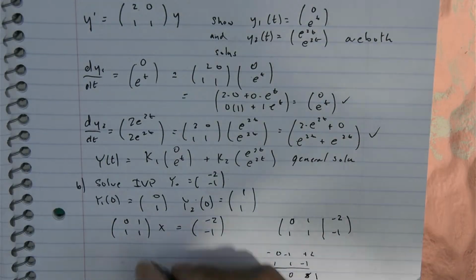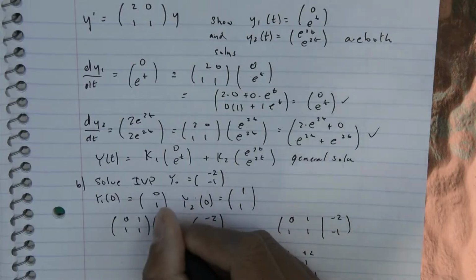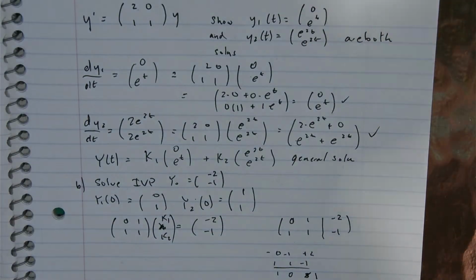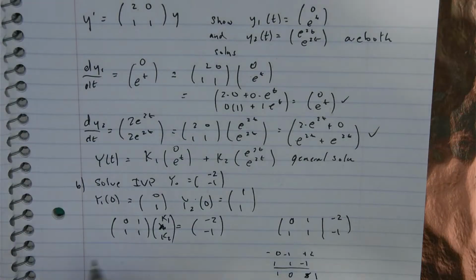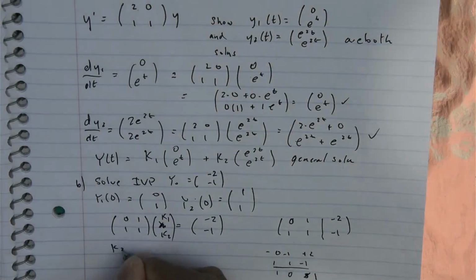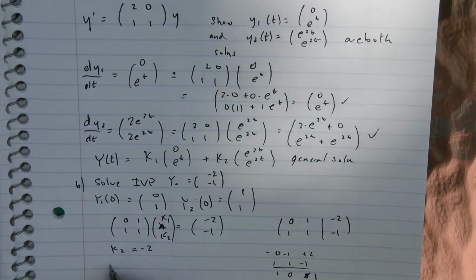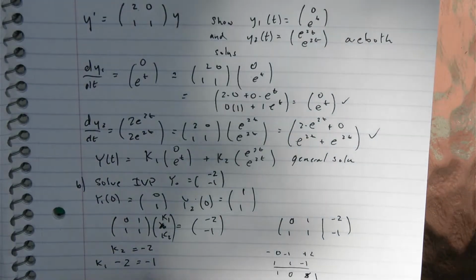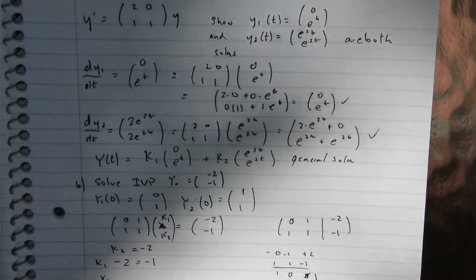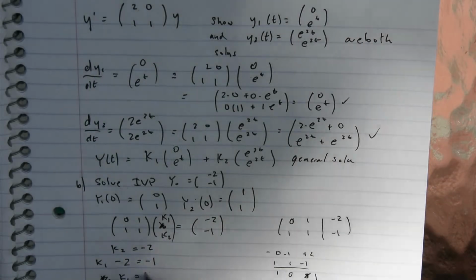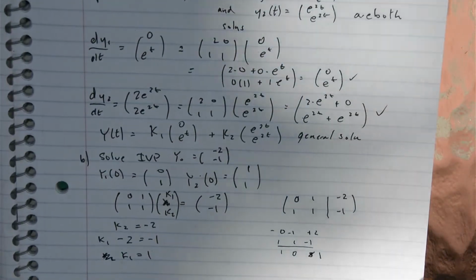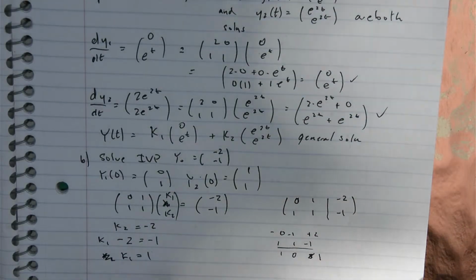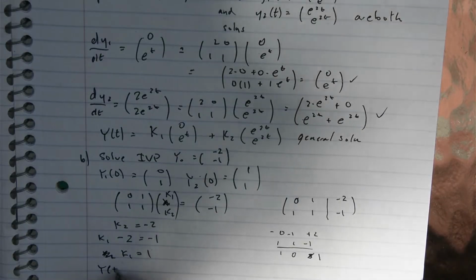So this is really going to be K1, K2, right? Oh, wait, what am I talking about? Why am I being so stupid? So yeah, K2 is equal to minus 2. Then we're going to get K1 minus 2 is equal to minus 1. So then K1 is equal to 1. So then for the IVP, we're going to get y of t is equal to